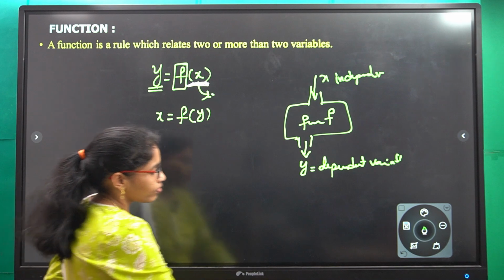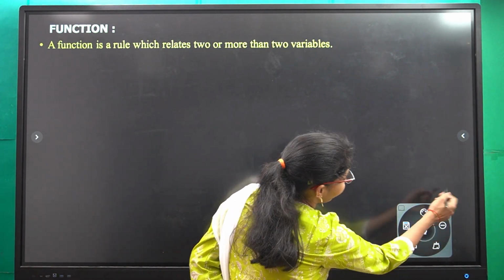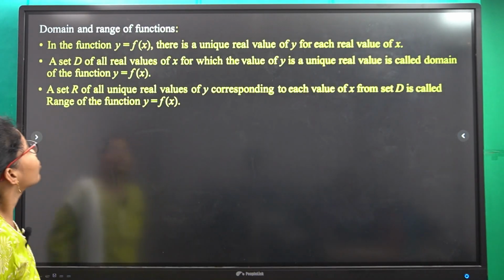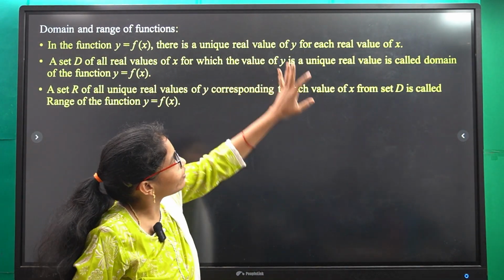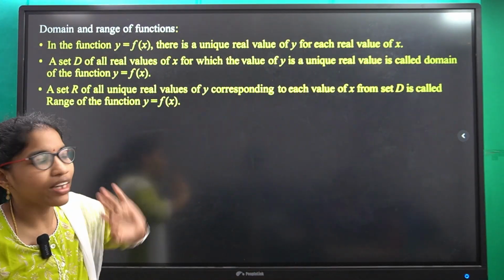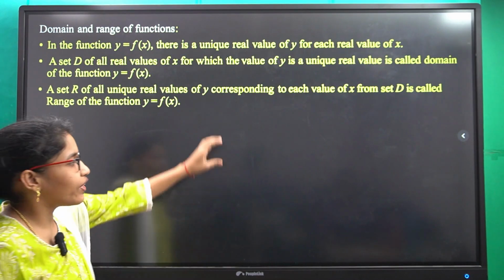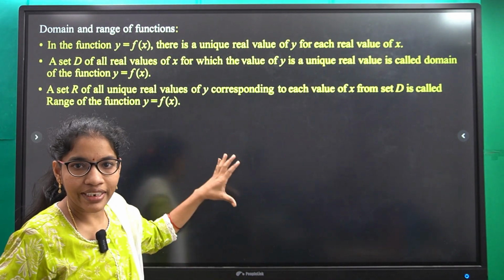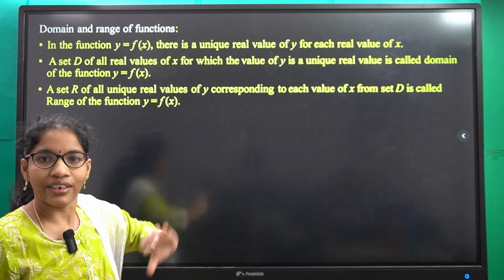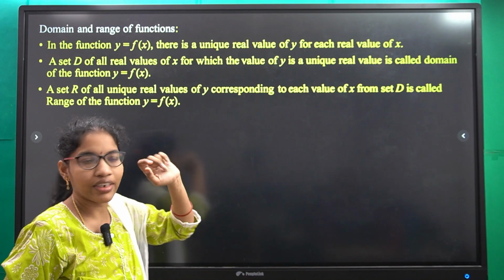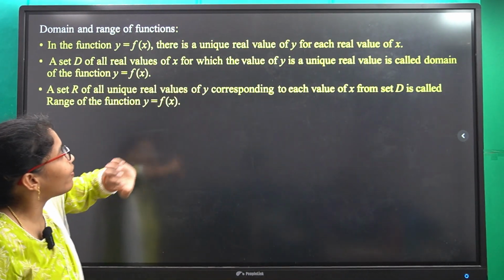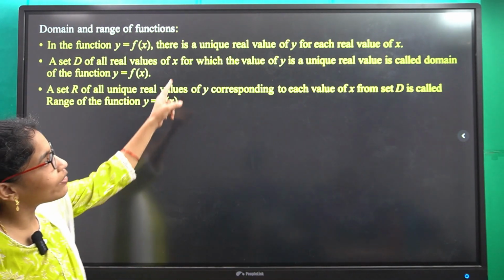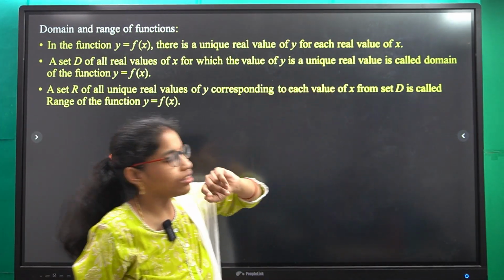So you can see what is meant by domain and range here. Domain: in the function y equals f of x, there is a unique real value for y for each value of x. That means for every value of x, you are getting a unique value of y. Then only you can call it a function. So a set D of all real values of x for which the value of y is a unique real value.